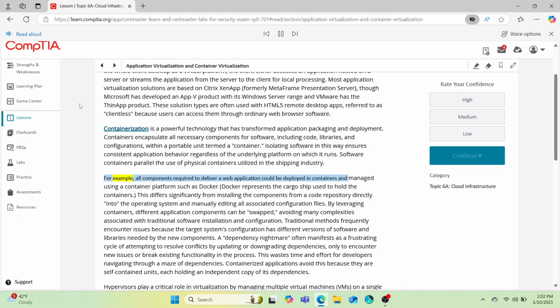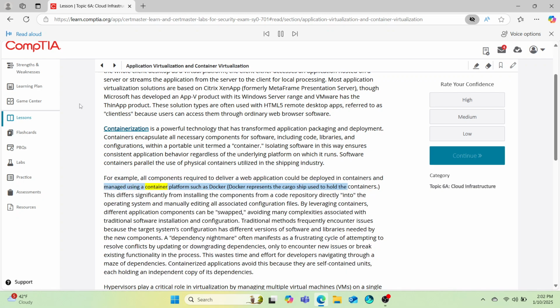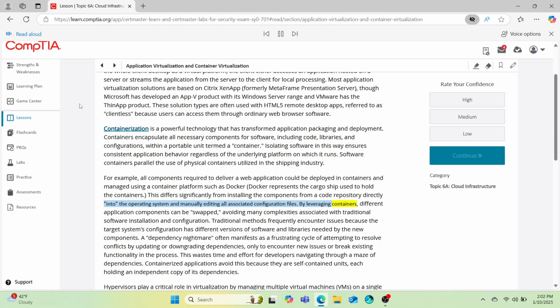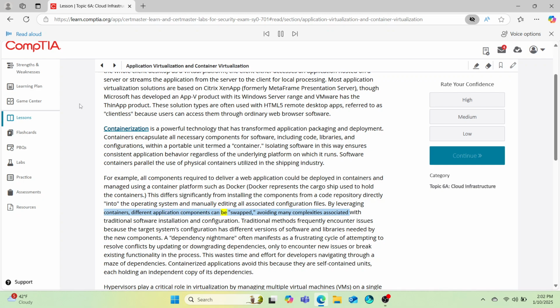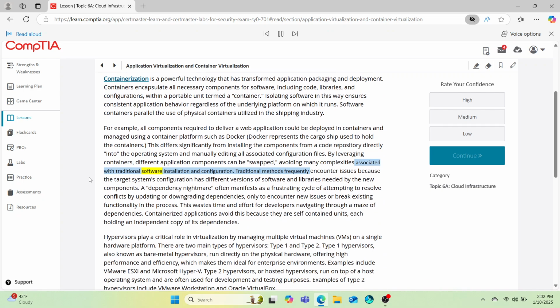Software containers parallel the use of physical containers utilized in the shipping industry. For example, all components required to deliver a web application could be deployed in containers and managed using a container platform such as Docker. Docker represents the cargo ship used to hold the containers. This differs significantly from installing the components from a code repository directly into the operating system and manually editing all associated configuration files. By leveraging containers, different application components can be swapped, avoiding many complexities associated with traditional software installation